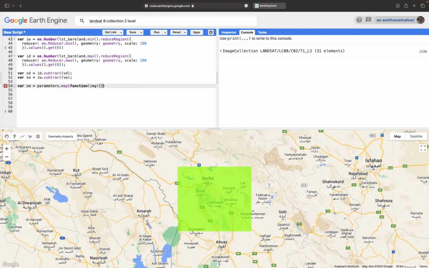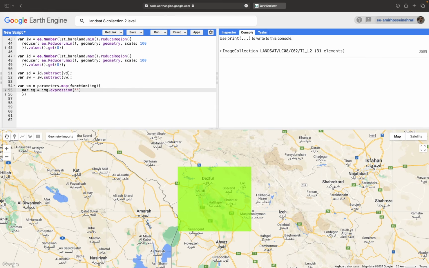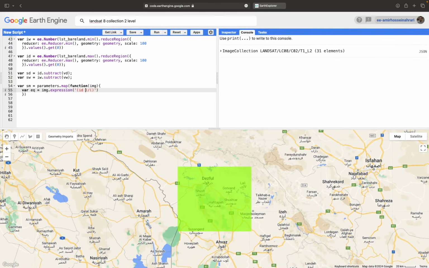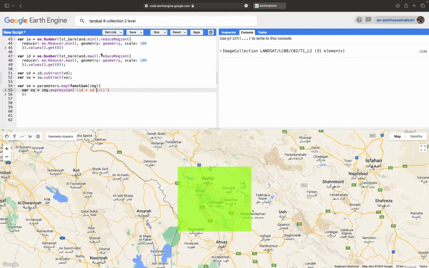Each input image considered as an IMG like this, and then in the body of function we can write the equation. The equation equals to get from each input image and then calculate the equation through the expression function. So here we have a numerator and denominator with two separate parentheses. So as you can see, first in the numerator part, ID plus SD, just like that, ID plus SD multiply NDVI,